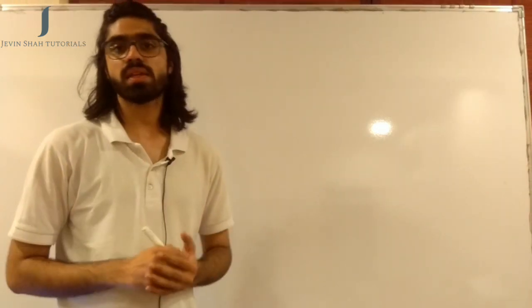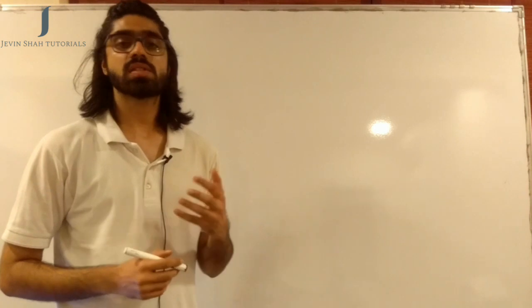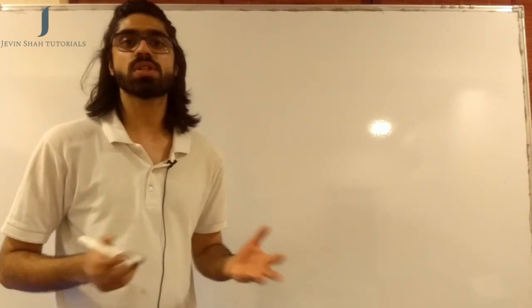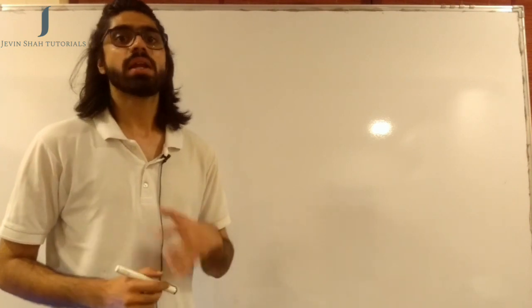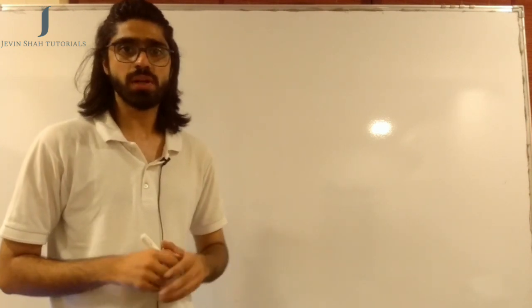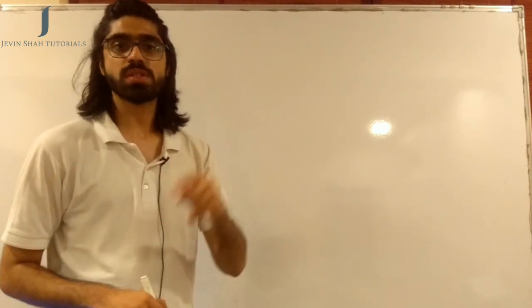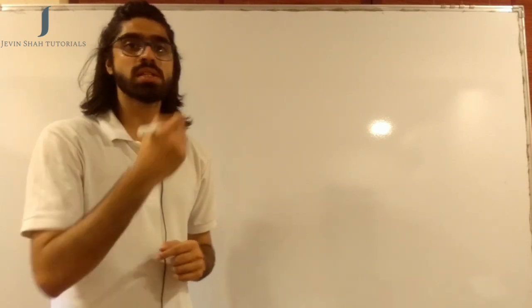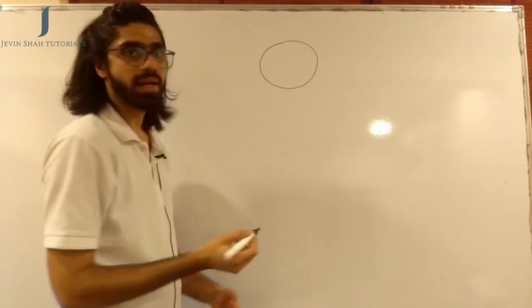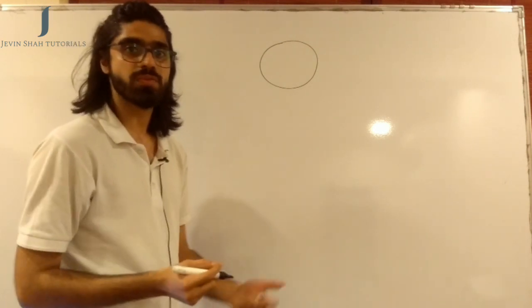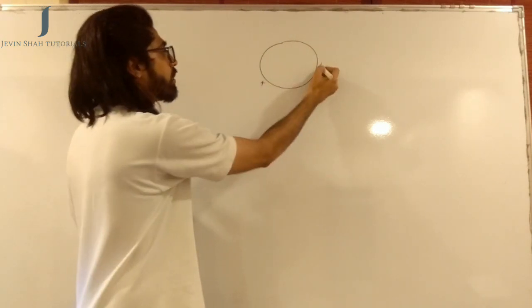And one last thing I want to cover in this video is something about potential on the surface of a metallic sphere, a metallic or a conducting sphere. Now I had mentioned that for a conducting sphere, the charges will remain only on the surface and there will be no charge inside the sphere. So if you're drawing a sphere and I said it is a conducting or a metallic sphere, the charges will be there only on the outer surface.